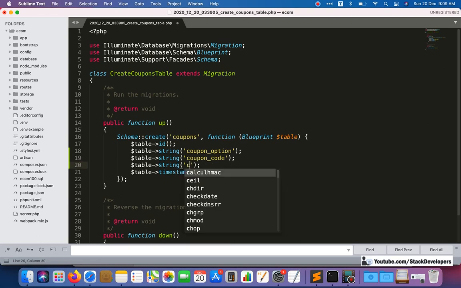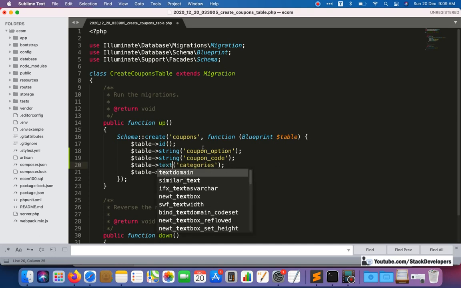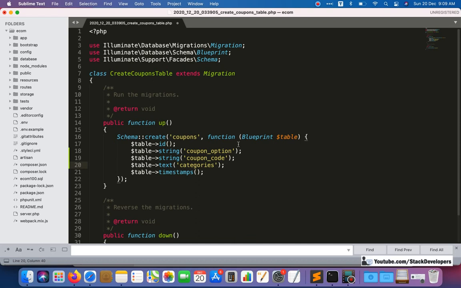Here we are going to store the category IDs, okay, that is, the category IDs for which the coupon is available. Here I am going to use text because there can be thousands of categories. Our string limit is 255, so we will use the text type.